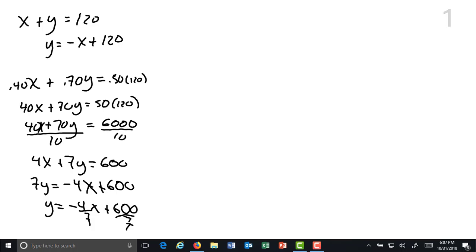That's kind of weird looking, but that's what it is. Let's see, does 7 go into 60? I don't think so. So 7 times 8 is 56. It's like 54 or something. Well, anyway,